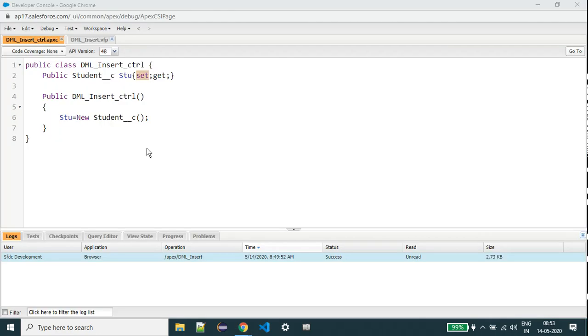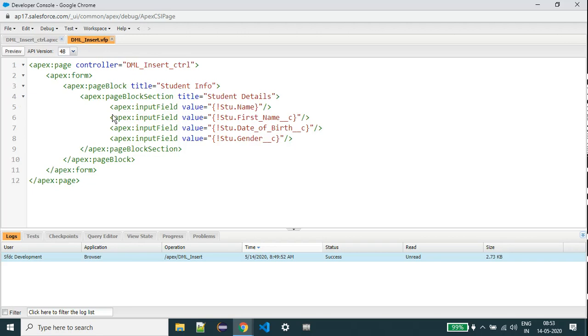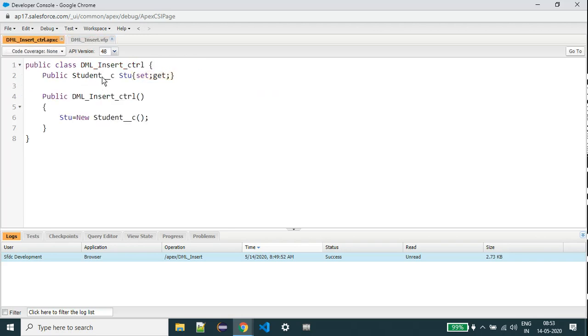So for any variable, I want to set the data and get the data. If you do not use this, it will not get the data from the Apex class, and it will not set the data from the Apex class. Only internally can we use it. If we do not give this, we can use this stu only within this class.